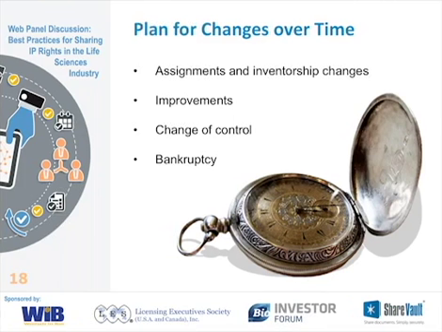Here are a few concepts to think about as you're thinking about how you're going to share your IP rights and how they may change over time. Assignment agreements and inventorship. Improvements. How are we going to handle it if one of the parties makes improvements to the patented technology? Companies don't stay the same over time. What happens if your co-owner turns out to be somebody who's your chief competitor? And certainly bankruptcy is an issue. What if your co-owner ceases to exist and the assets are part of the bankruptcy estate?